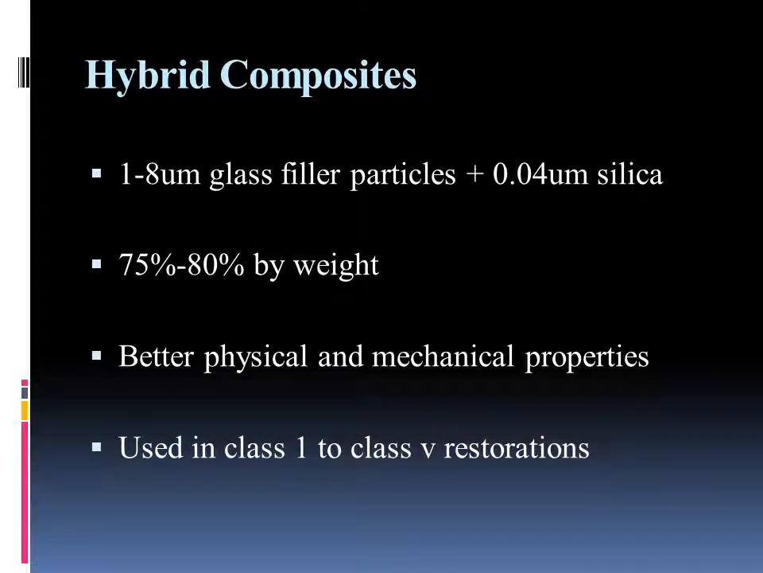Then the hybrid composites, about 1 to 8 micron glass filler particles plus 0.04 microns of silica. So they're basically hybrid, which means a combination of two or more other components. 75 to 80% by weight, better physical and mechanical properties, obviously because we have combined two filler particles of different composition and properties, so the overall properties have improved. Used in class 1 to class 5 restoration, so this means they can be used in all of the five